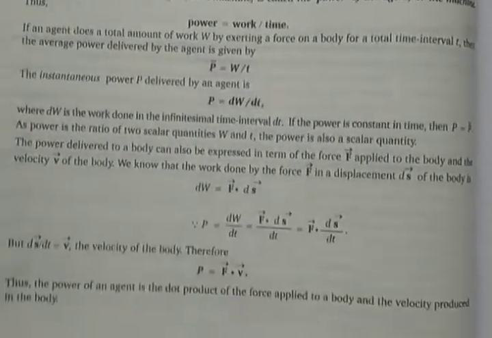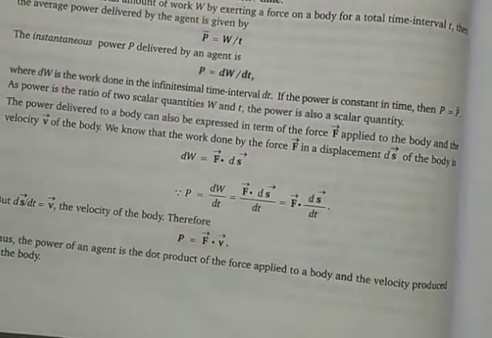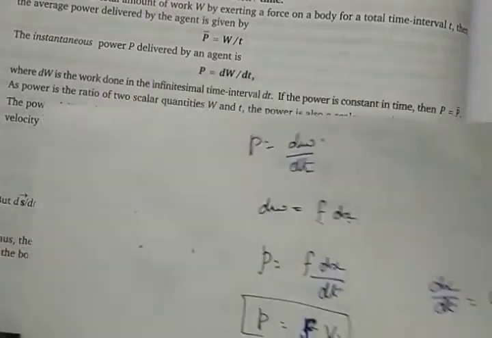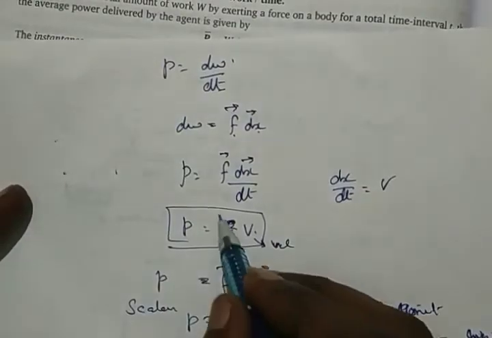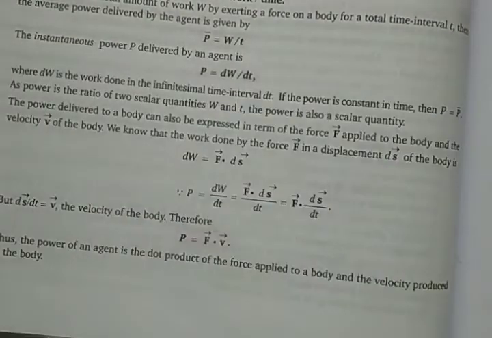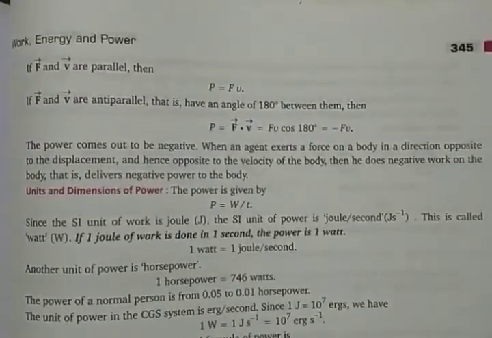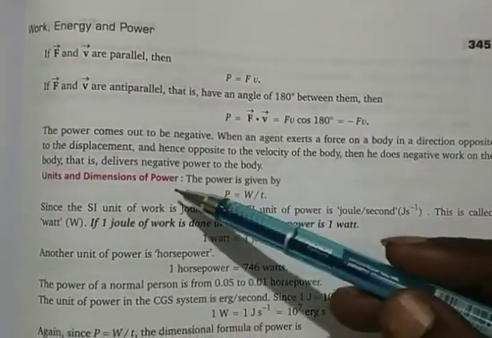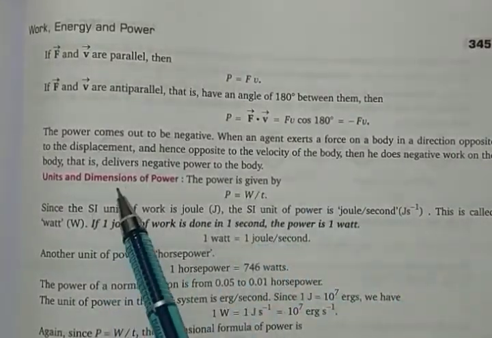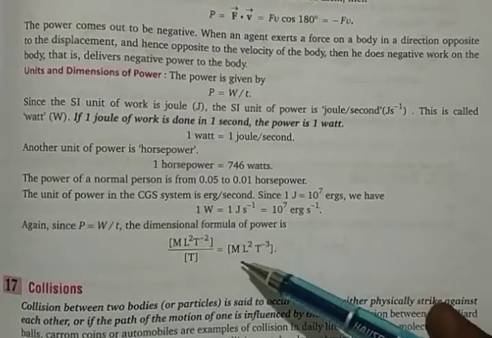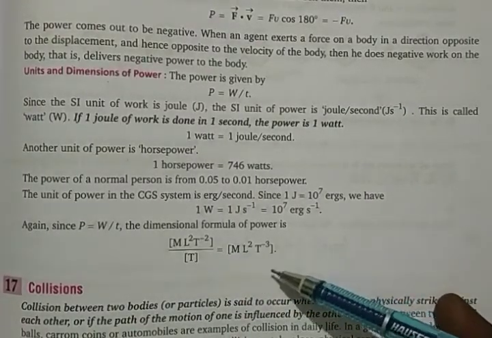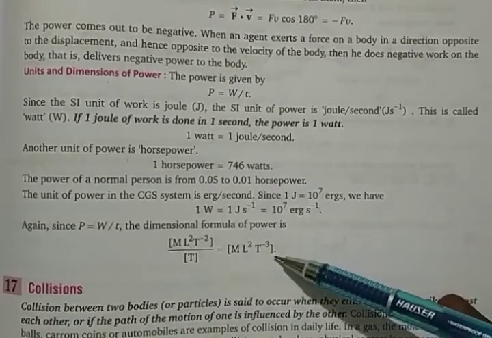So with this we close. This is all a known fact, and we have already discussed it. It's all here. Please write it down. Power is given as a vector dot product here, so please write it down as a dot product of vector quantities. That will be easy. Look at page number 345. All these things are given here: units and dimensions of power. Dimensions come every time. The dimension is ML square T to the power minus 3, the one which we studied before. It is coming every time.